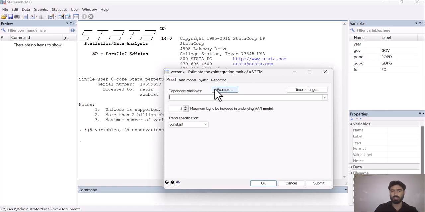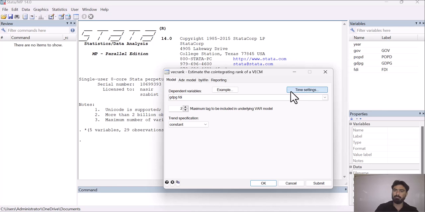So let's suppose if I type GDPG first, it means that I am going to take GDPG as my dependent variable, and let's say my second variable is FDI. We can take all of these variables as well, but it is easier for us to check the relationship between two variables, so that's why we are taking two variables at this time.